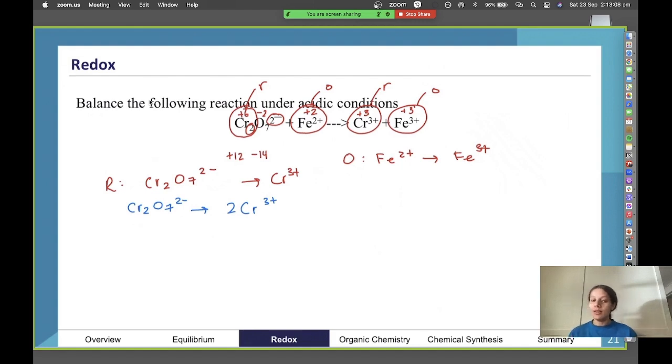And then the next step is we want to balance our oxygens. If we have 7 oxygens on the left and none on the right, we balance the oxygens by adding 7 waters onto the right-hand side. That's always the next step after non-O or H elements: we always balance oxygen. And now we're going to balance hydrogen. After we've added water, we have 14 hydrogens on the right and none on the left. So we're going to add 14 H+ onto the left-hand side.